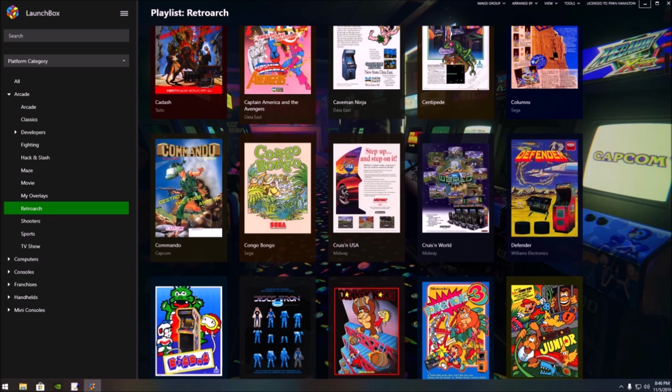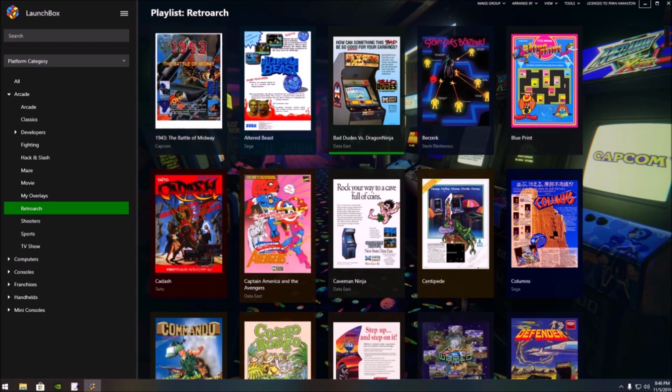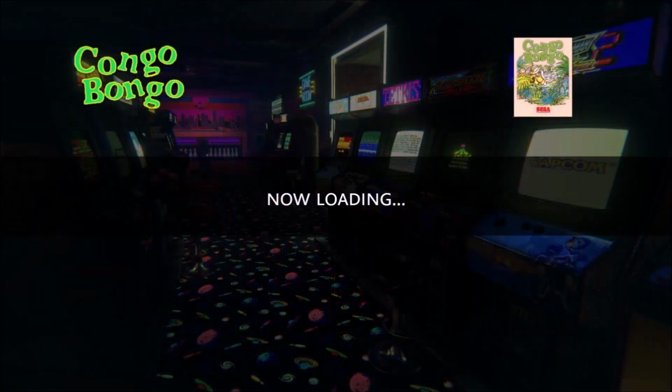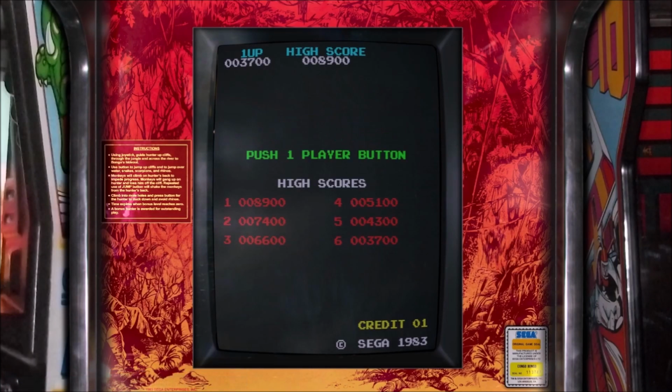So what I've been doing is converting all my bezels to work on Retroarch, and some of them I've also been updating. So right now, let me just open up a random bezel. I'm going to open up Congo Bongo. So here we are. You can see now